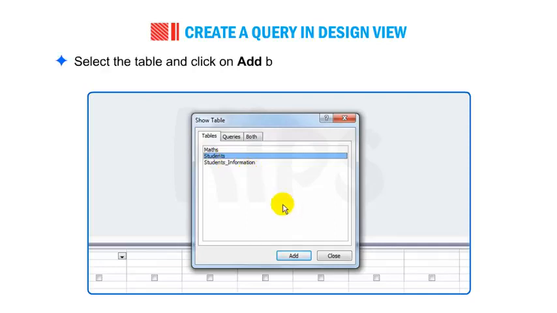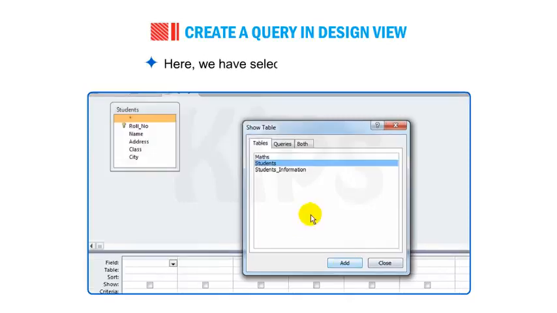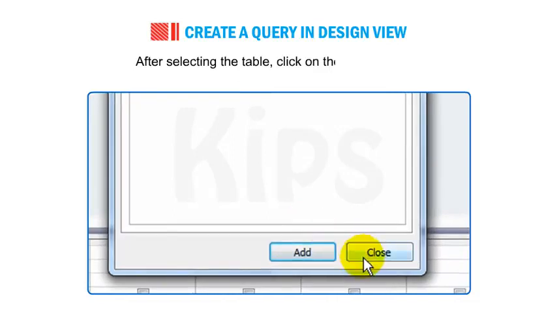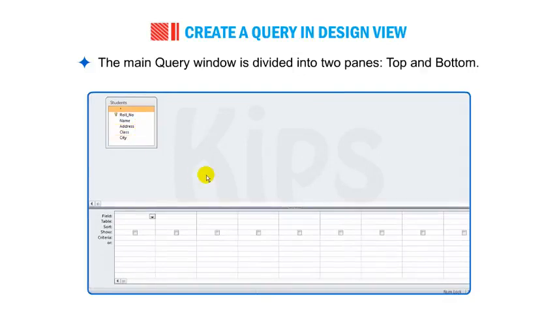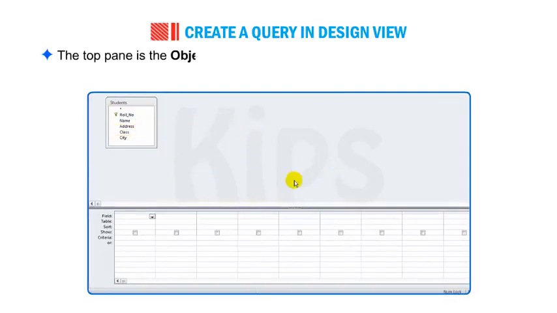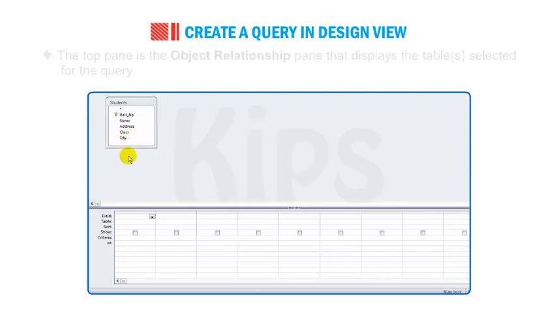Select the table and click on Add button or double-click on the table's name. Here we have selected the table Students. After selecting the table, click on the Close button. The main query window is divided into two panes, top and bottom. The top pane is the object relationship pane that displays the table selected for the query.